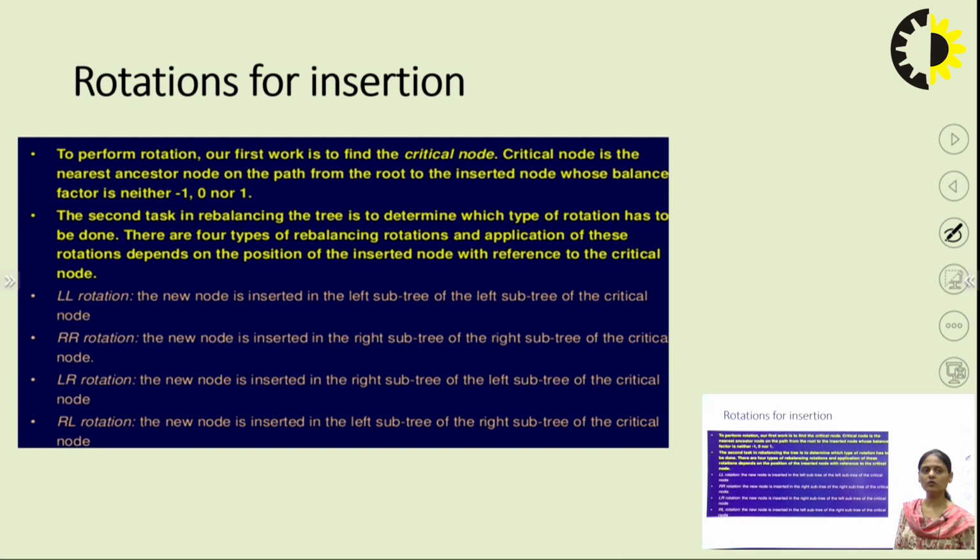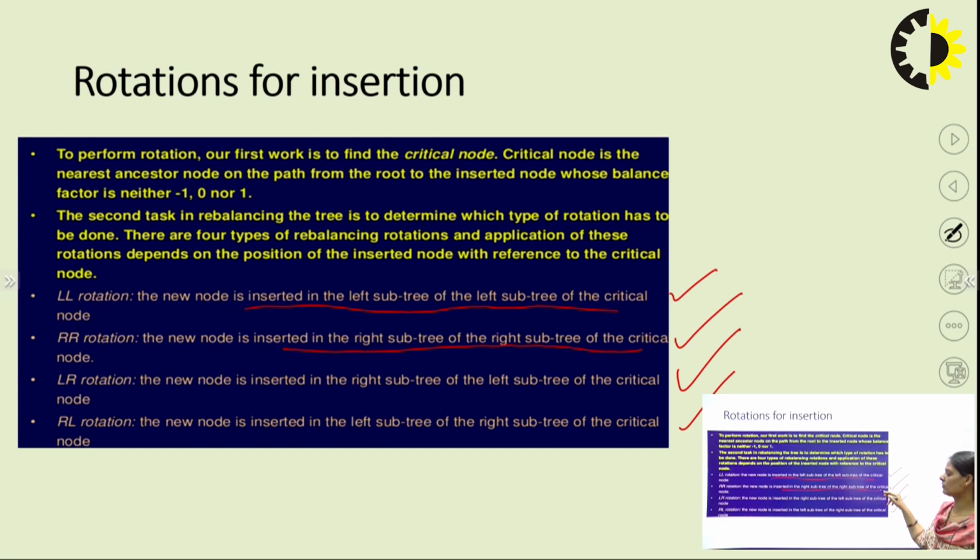There are 4 rotations that we need to perform: LL, RR, LR, RL. LL says the new node is inserted in the left subtree of the critical node. Similarly, RR is when the new node is inserted in the right subtree of the critical node. So what happens is, when we have a tree and suppose the tree is balanced, then there is no